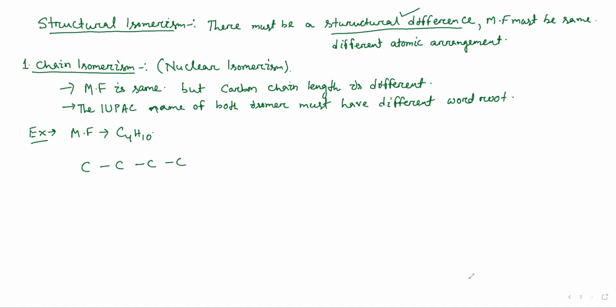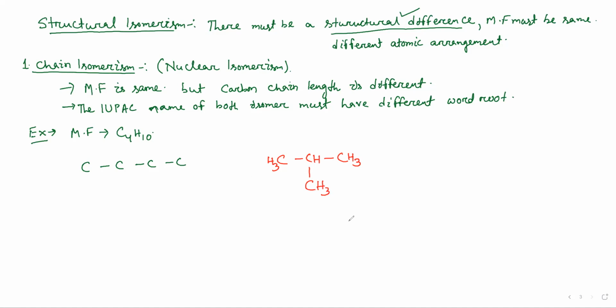Or I can write 3 carbon atoms in a linear manner, and the last one will be at the second position. Now fill up the hydrogens. Here you will have 3 hydrogens. Here will be 1 because carbon has 4 valency. See, this carbon has 1 valency. Unsatisfied valencies are 3, so I have to put 3 hydrogen here. Here in the same manner, carbon is having 1 valency, we have to put 3 hydrogen atoms at this carbon.